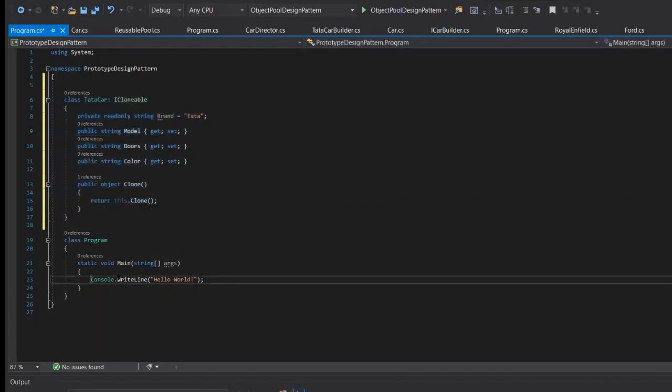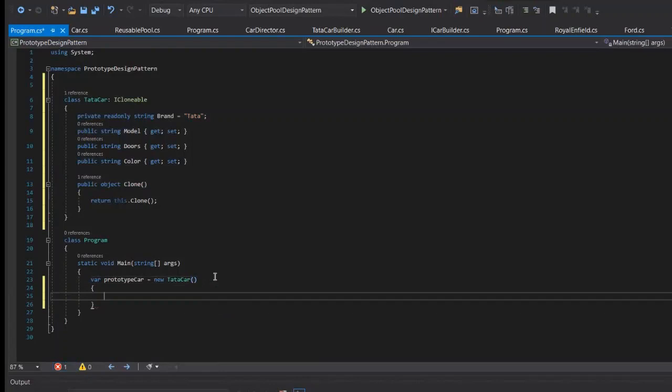So let's see how it works with our actual car. Let's create a var prototypeCar. We have a prototype, and from this create a new Tata car. And in the new Tata car, we will provide some fields like model equal to, say, Indica.